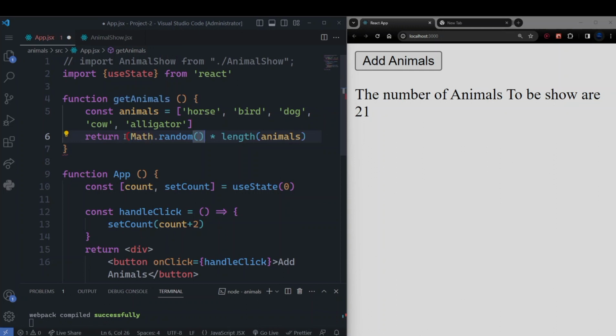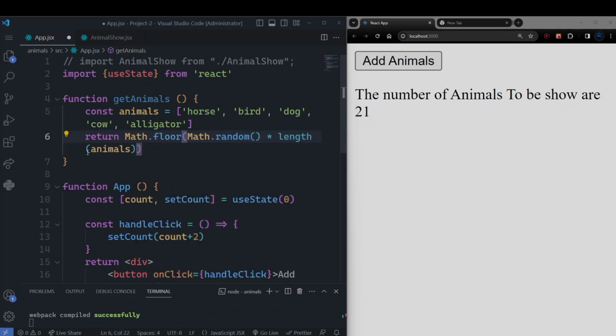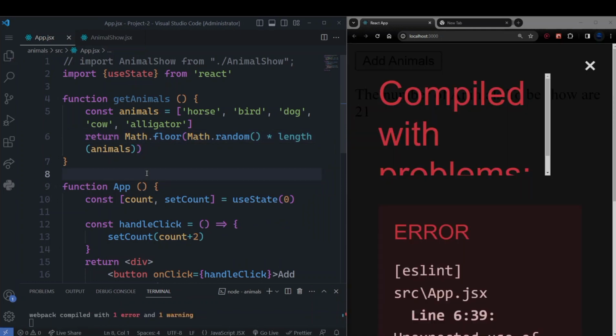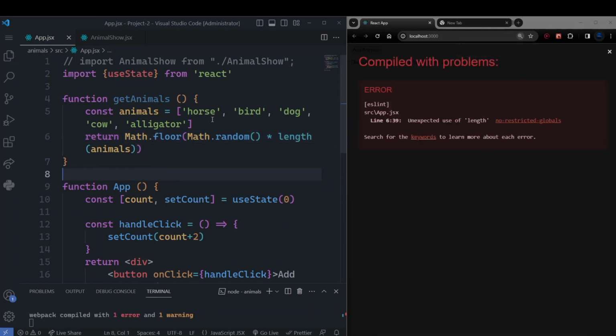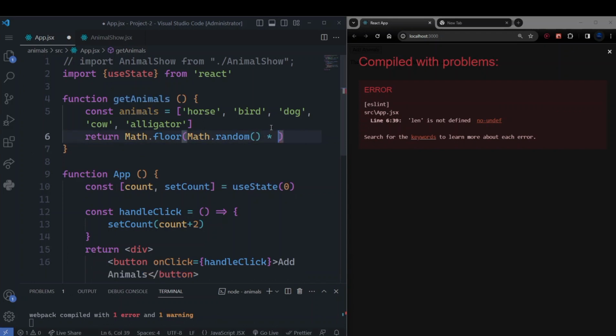And we will close this in a bracket, because it will return a floating number, but we want a decimal. For that we will use math.floor, and if we save this, it is showing an error. This is not length, this is len. Again it is showing an error. So for now we will use only